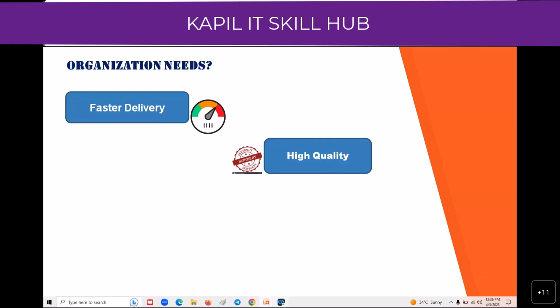Take an example. Suppose there is an Amazon sale open. When the Amazon sale has opened, they have given a large number of offers, right? So thousands and lakhs of people are accessing that application through mobile and through the web application. What happens there? The products displayed on the product catalog pages, when the images are displayed, sometimes the image shows up blurry because of the load coming on that web application. Hope you have observed that.